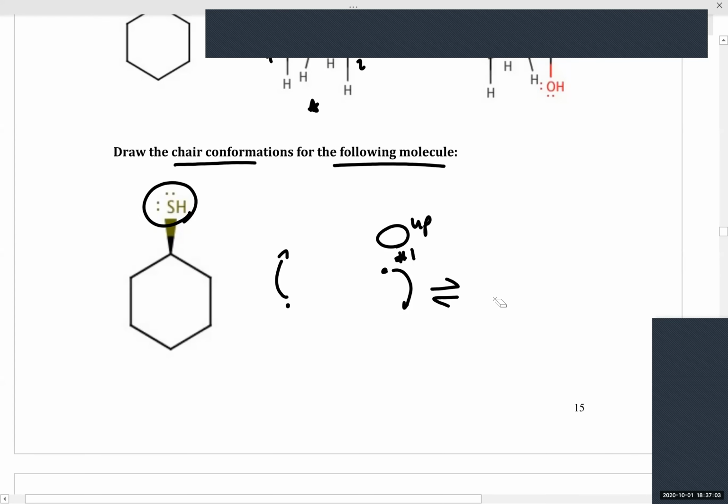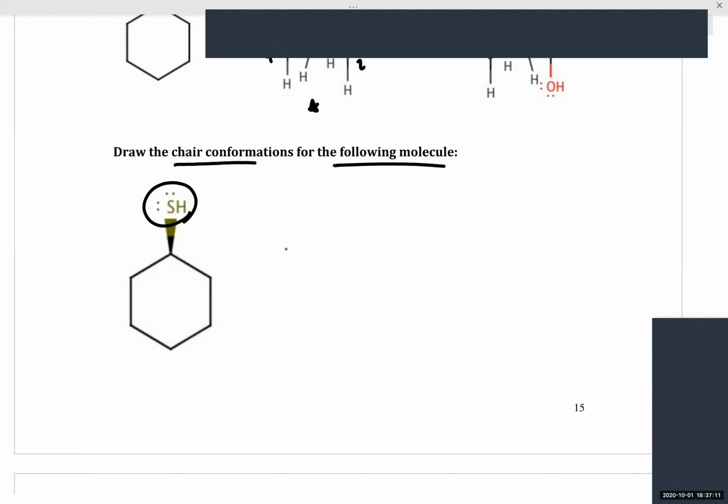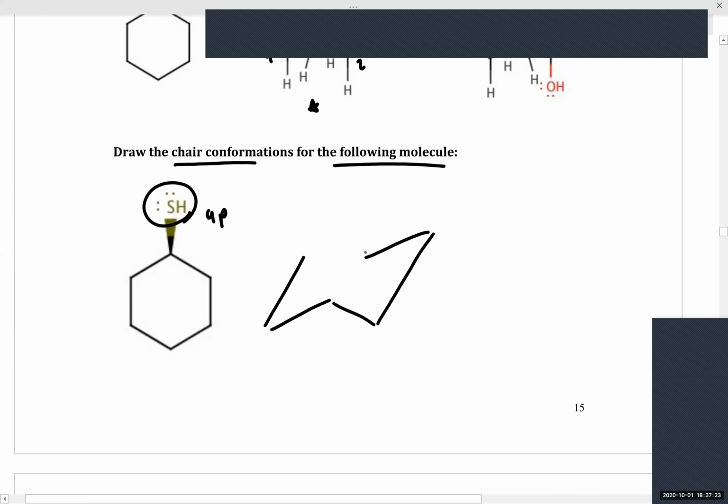Okay, so we're going to continue on with our discussion of chapter 4, which is conformational analysis. Previously, we were looking at dash wedge notation and conformational analysis for cyclohexane systems. Remember, a wedge indicates that our substituent is pointing up. So if we were to draw out our chair conformation for this molecule, if we label this as carbon number 1, then in this case, our axial substituent is pointing up. So this thiol would be in the axial position, pointing up at carbon number 1, while our hydrogen would be